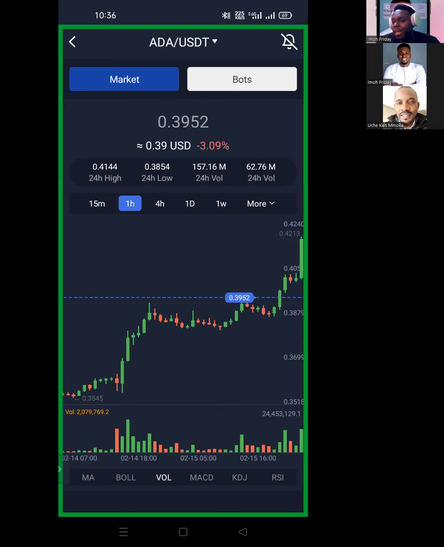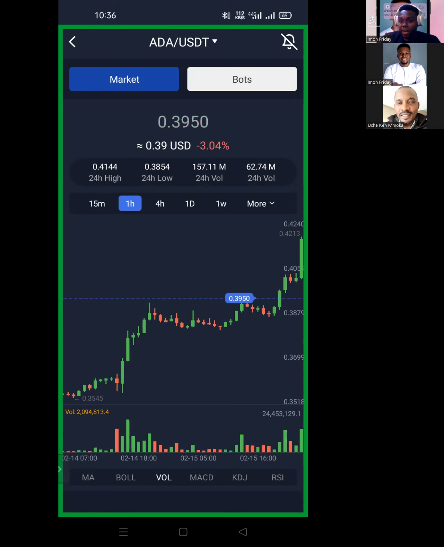If I want to advise, though I'm not a financial advisor, I will ask people to only trade Bitcoin or Ethereum or ADA, right? Coins that you know will definitely still survive even after 2, 3, 4, 5 years. Coins that, if you look at history, always go up. Like Bitcoin has a bullish fundamental right now that it's definitely going to go higher. So for those kinds of coins, put your grid bot, extend the range and just leave it. Especially coins that you want to hold for the long term,